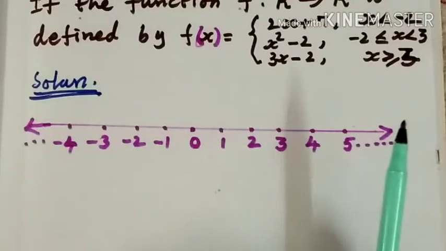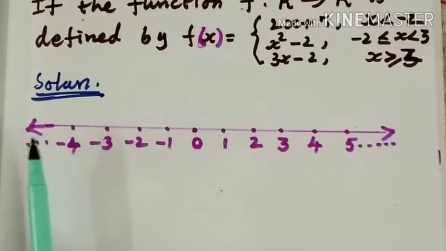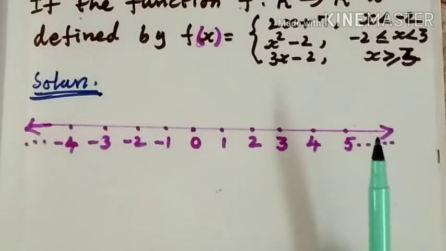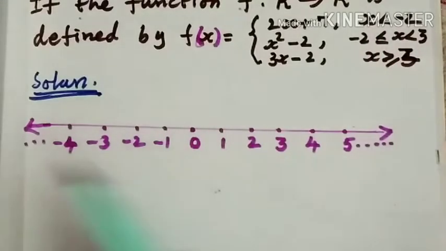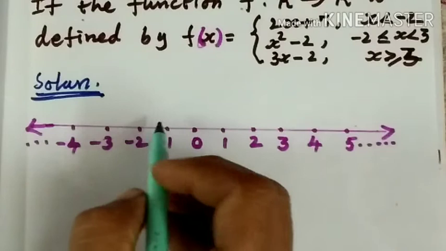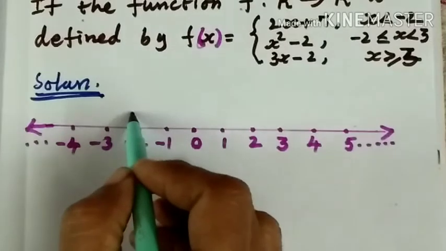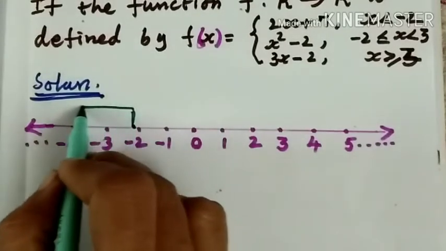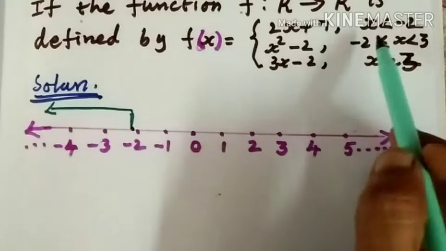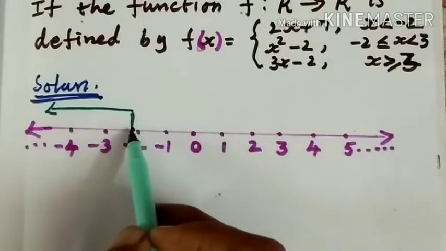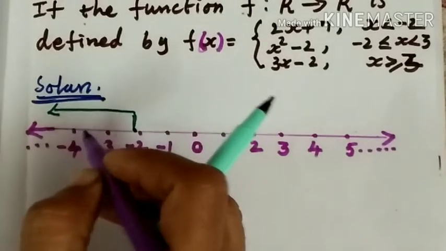In the number line, from right to left the values are decreasing, and from left to right the values are increasing. So here given x less than minus 2, you start from before minus 2 and go on. This arrow indicates the function